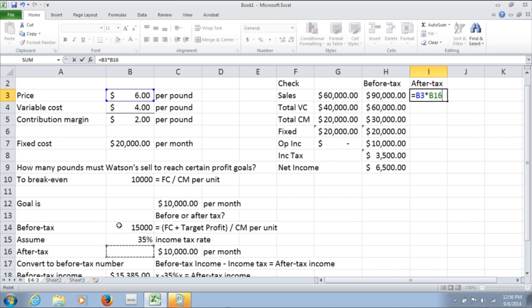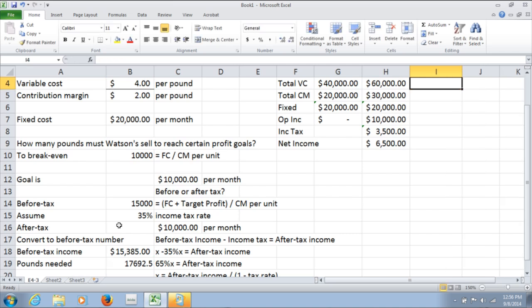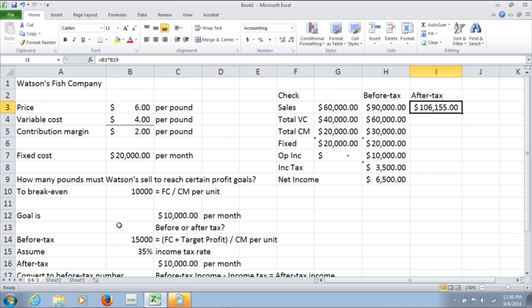So if we take the $6 per pound, multiply that by our goal here in terms of units, and then copy that down, we will see that we have